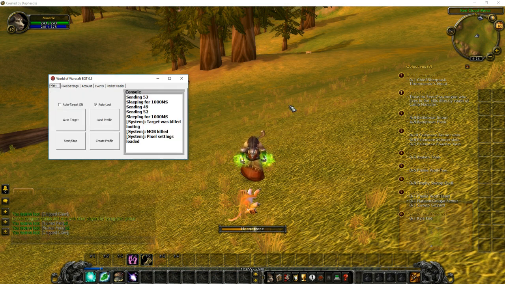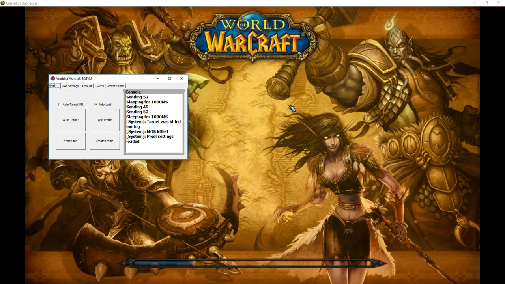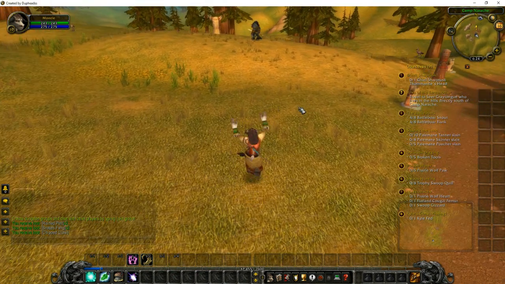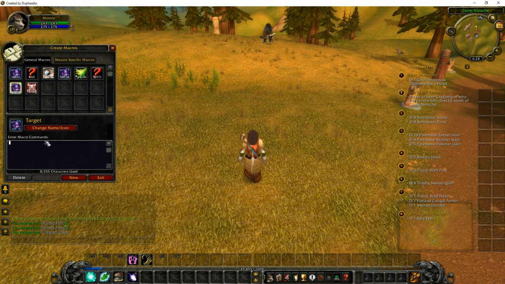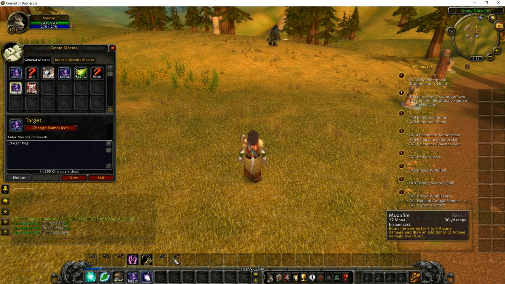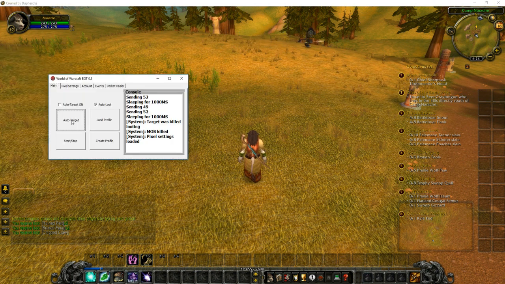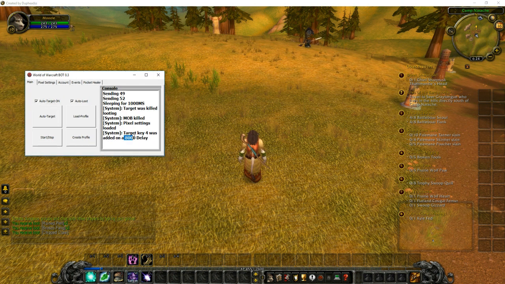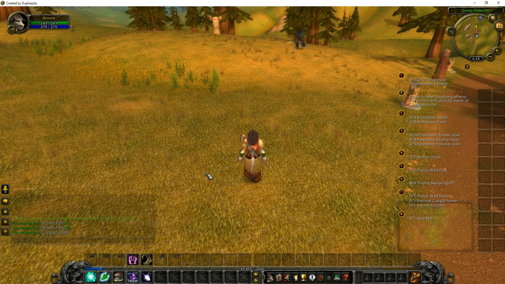That is a very, very rough overview. There's a lot more you can do with the profiles and events. I hope this kind of helped some of you guys. I know it's very basic and very simple, and the targeting wasn't too great because there were neutral mobs, but as I said earlier, you could just make a macro, and then in here you would say /target, target your desired mob. So let's just say, I don't know, a dog, and then you would put it as a keybind, let's say 4, and then you jump back here and you would add to your auto target. Instead of N, you would just add 4, and then hit auto target, and then every 8 seconds it would press 4, which would thus target a mob that